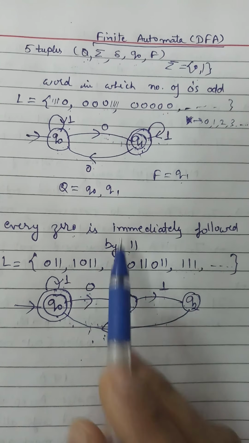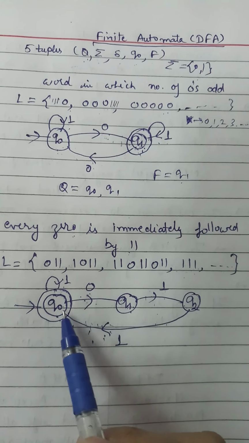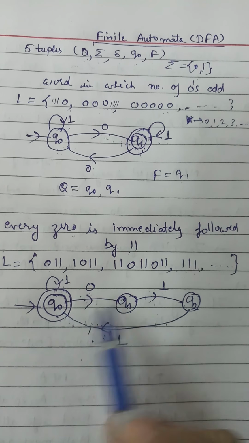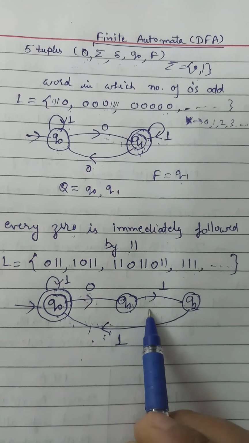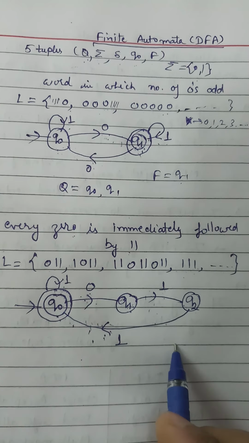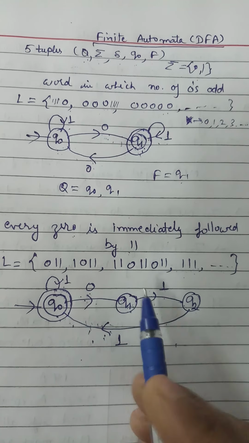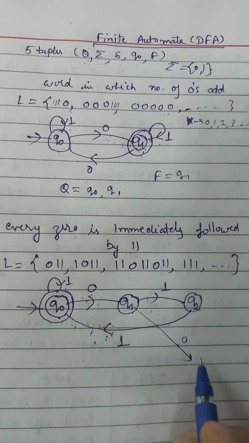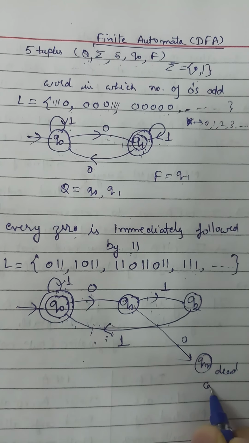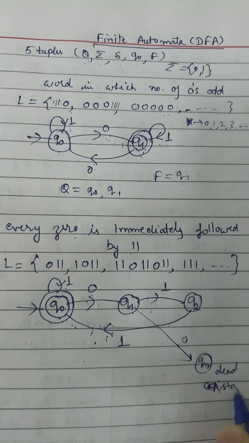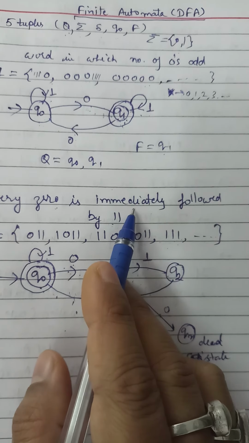But according to the DFA condition, we cannot leave any transition missing. From Q0 we have both the 0 transition and the 1 transition, but in Q1 we have a transition only for 1, and we don't have any transition for 0, because if we take that transition, it will go to the dead state, since that transition is not allowed in this language. That's why, if we take that transition on 0 from any state, it will be called a dead configuration, or dead state. Why is it a dead state? Because that transition doesn't come under this condition.